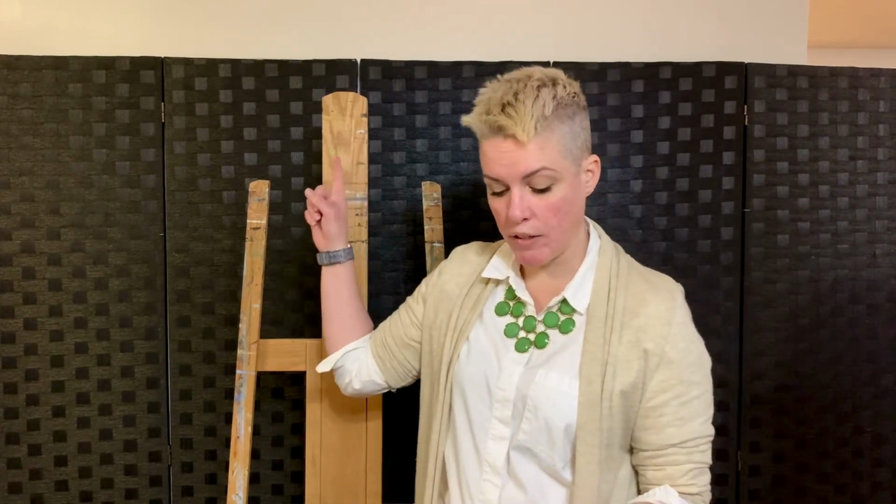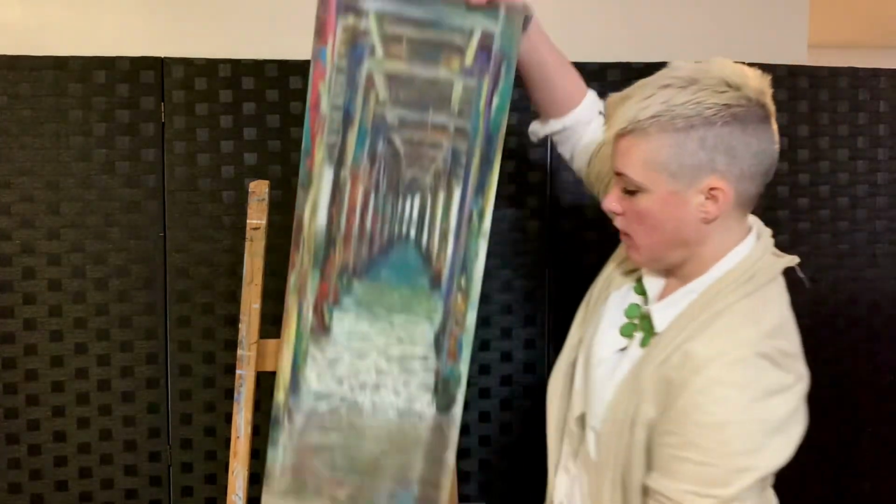Speaking of shows, I'd like to direct your attention to my second technique, directing eye movements. Because we live in America, most of my audience was trained to read from left to right and to start at the top of any rectangle or square in the top left corner, even if they're not aware of doing so. My job is to take you from that top left corner and take you on a journey through the painting. This next piece is called